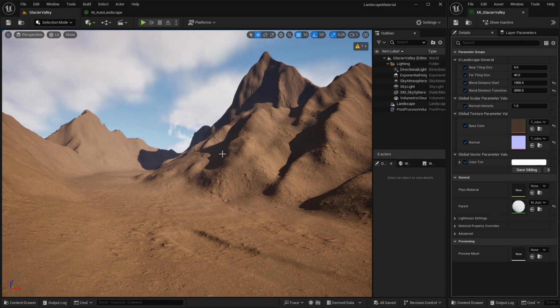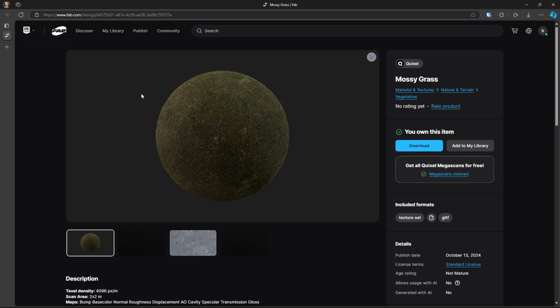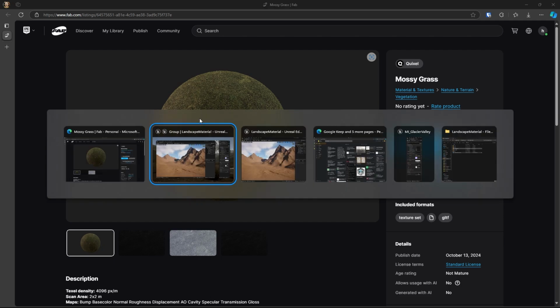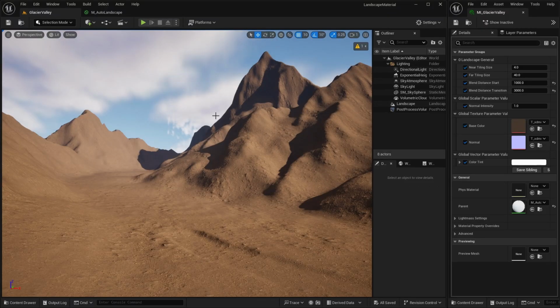And the first thing we want to do is get the textures for our 3 new layers. So if you, again, follow the links in the description below, you should find links to 3 textures. So grass, soil and cliffs. First thing to do is to follow those links and click on Add to My Library. So do that for all 3 of the links I've sent you, and then go back to your Unreal project,